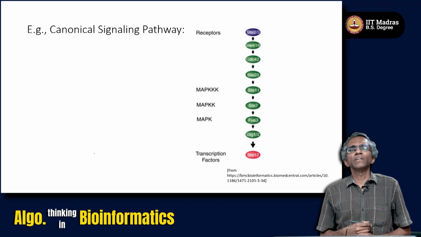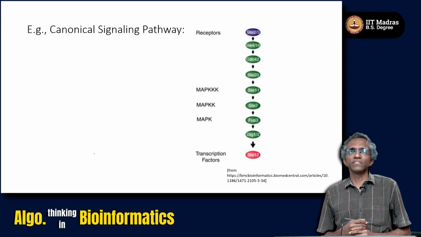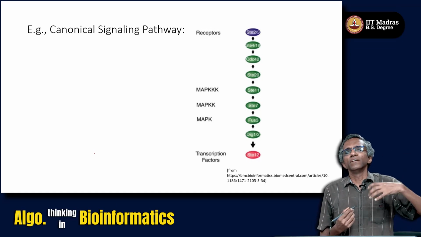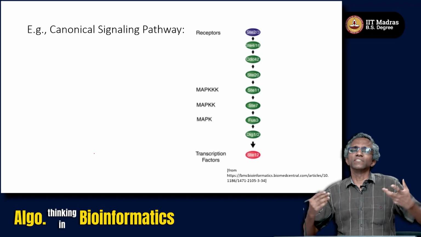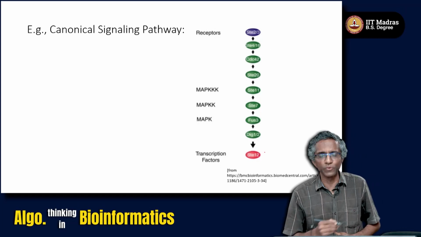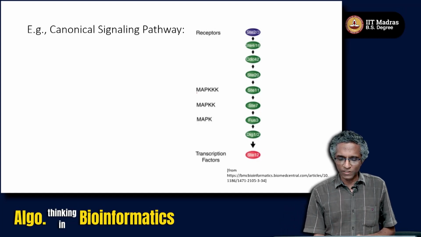So, this is a canonical signaling pathway in yeast involved in the mating response in yeast. Like when two yeast cells want to come and fuse together, then each of the cells needs to sense that there is some other cell that it wants to fuse with, right. This is a series of proteins involved in this mating or pheromone response in yeast, and these MAP triple K,